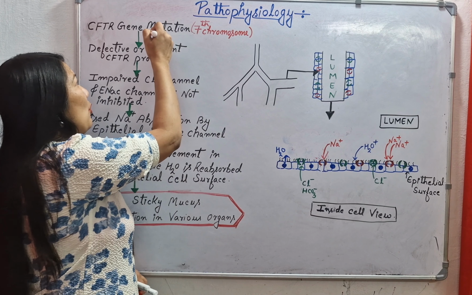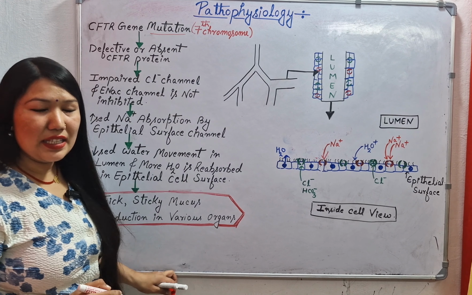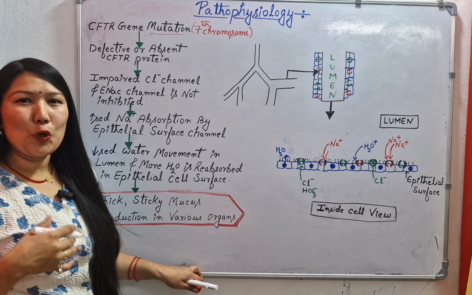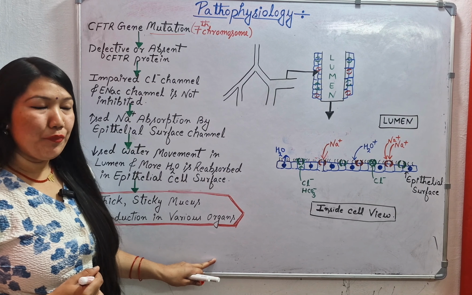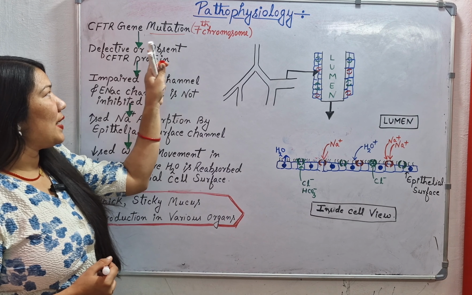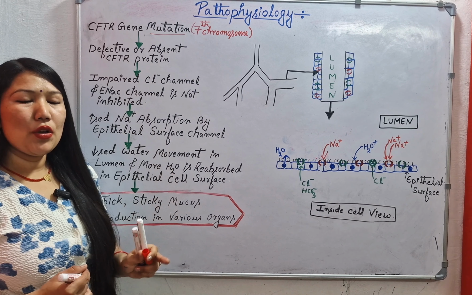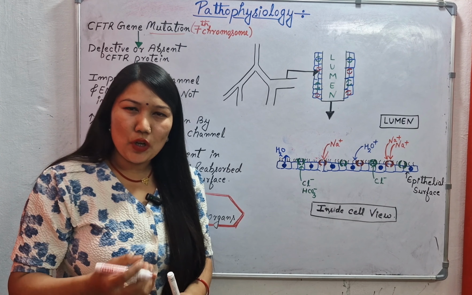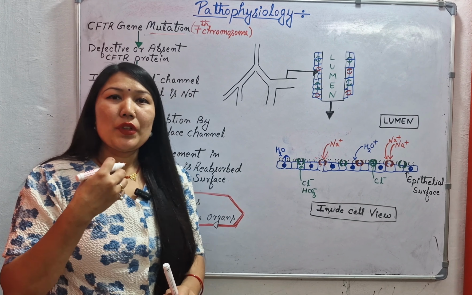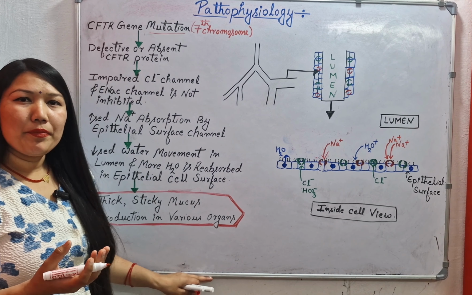Whenever there is a mutation in the CFTR gene, which is present on chromosome number 7, what will happen after the mutation? A defective or absent CFTR protein is formed. Due to the mutation in the CFTR gene, an abnormal, defective or absent protein will form, known